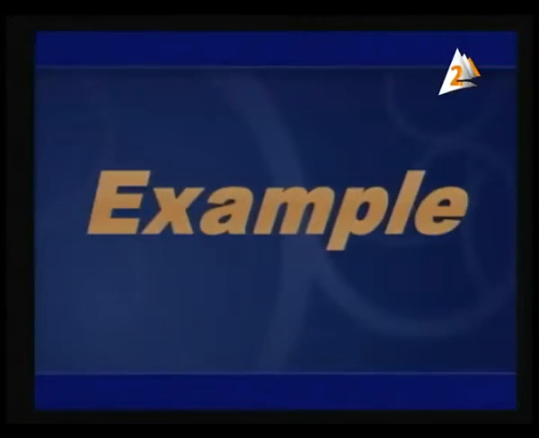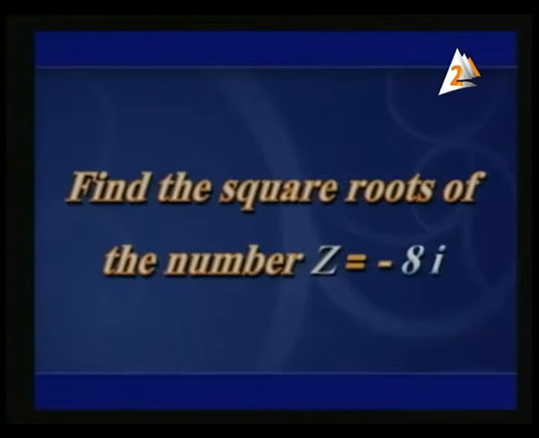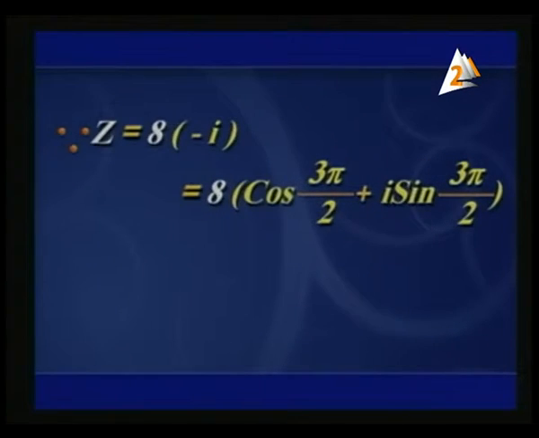Now, let's go to the first example. Find the square roots of the number z equals negative 8i. Solution. z equals 8 times negative i equals 8, and negative i means cosine 3 pi over 2 plus i sine 3 pi over 2 equals